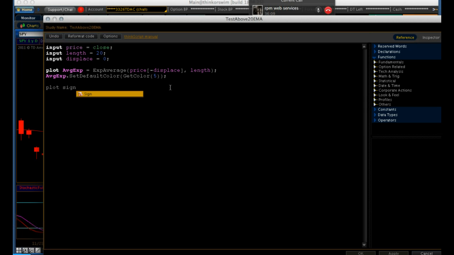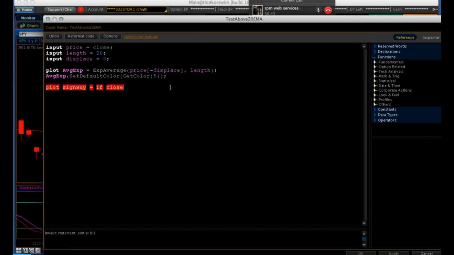We're going to plot a buy signal equals, and this is where you come into conditional statements. If a certain algorithm meets a certain condition, we're going to do this, or else we're going to do something else. If you're a programmer, if A equals B or else it equals C, stuff like that. So we're going to plot the buy signal equals if the close is above, or is greater than,